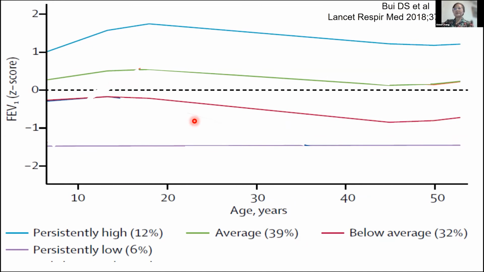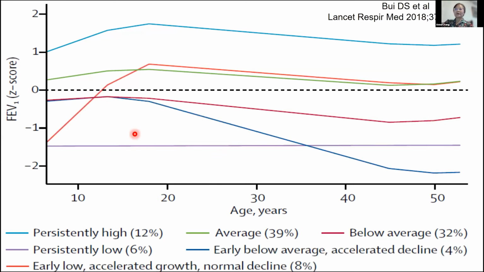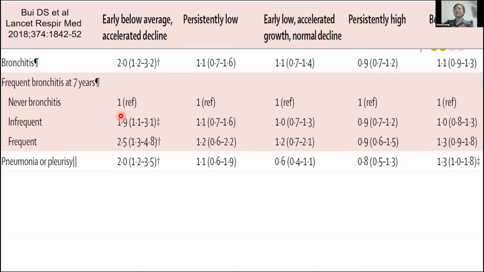But what they went on to show was that you actually had two additional trajectories. You have the orange one, where you can actually improve your lung function, and you have the blue one, where the decline does not start at 50 years of age, but it actually declines much faster. This is a prospective study where they had lung function from 7 years of age, and they followed them up until now, when they're in their 60s. These two trajectories are really important because they are new, and this was published a few years ago.